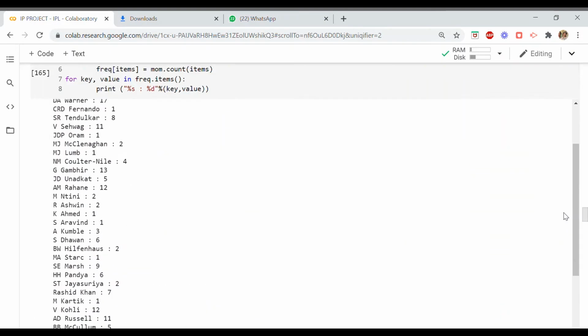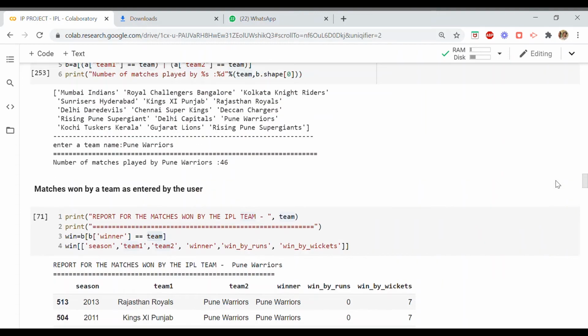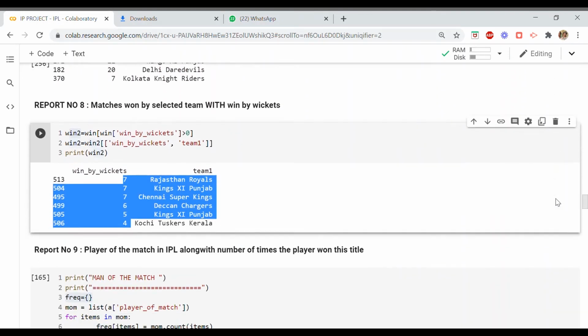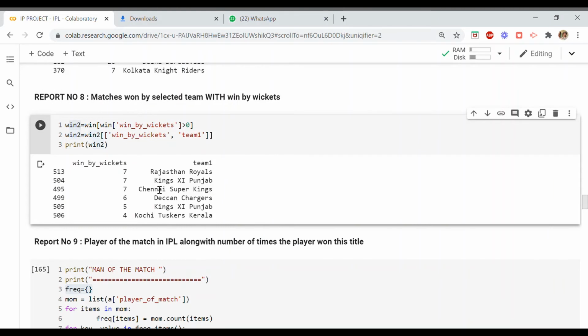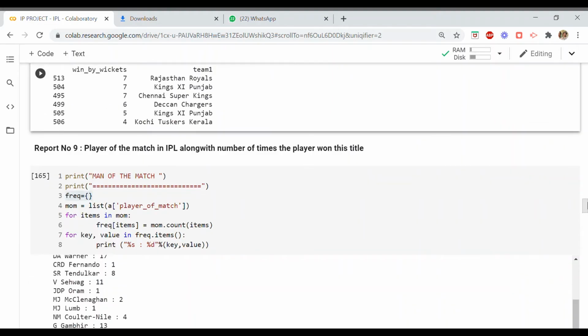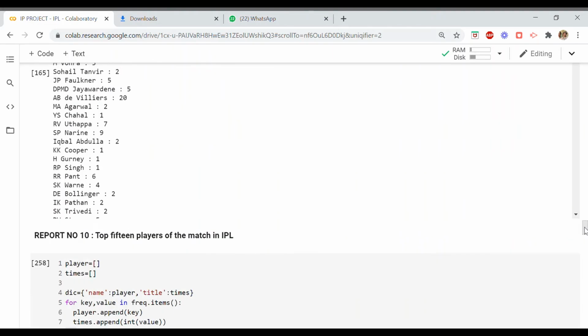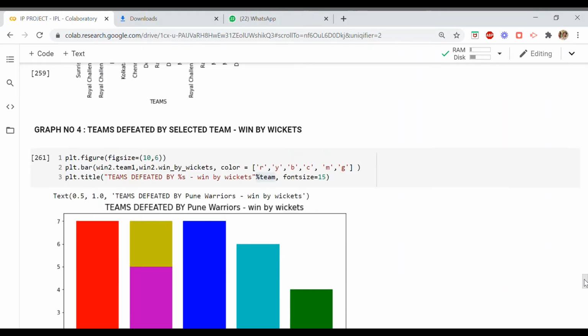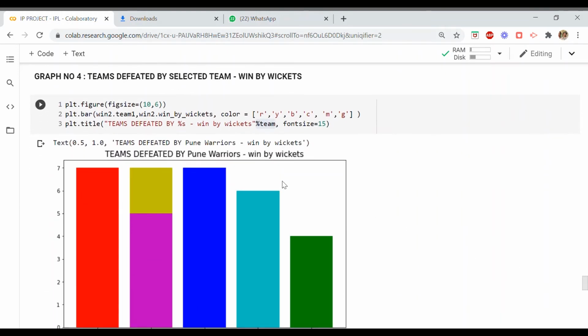So we can go back here again to see in my reports. You can see here that the data is arranged in the descending order over here. So that is why this output is coming like this. Okay, now coming back to our next graph. Rest of the values are self-explanatory. These are just the repetition of the previous graphs.